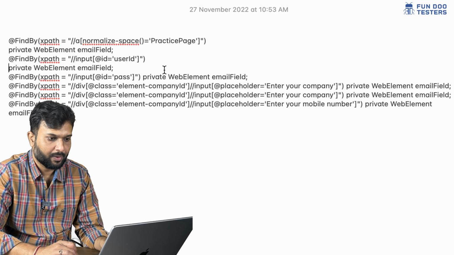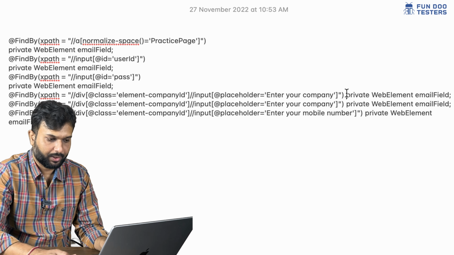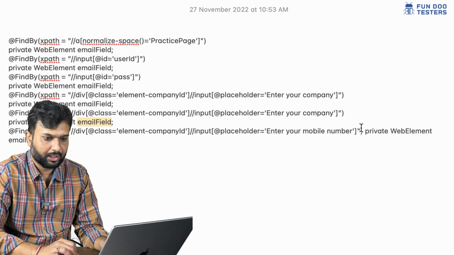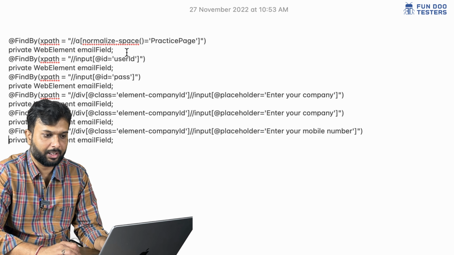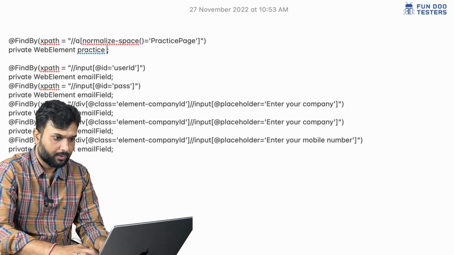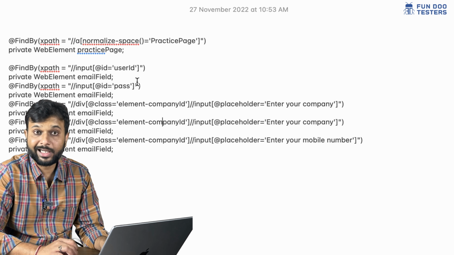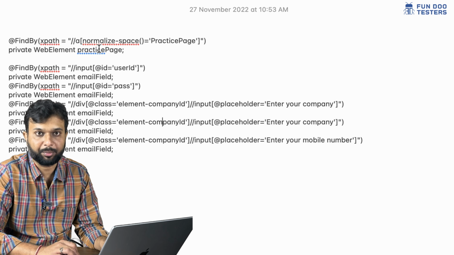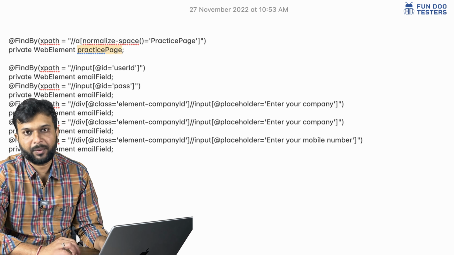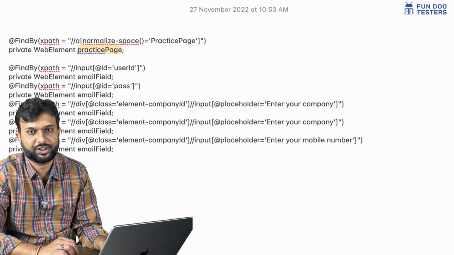So here basically the steps we have given, similar way it has recorded everything, but there is one small problem here. It has not updated the element name, so that we can update manually. So this is a practice page. So similar way, it will take very less time to just update this particular element name. But here let's say we have 50 elements or 30 elements or 25 elements, so you can understand the pain, how much time it is going to take.